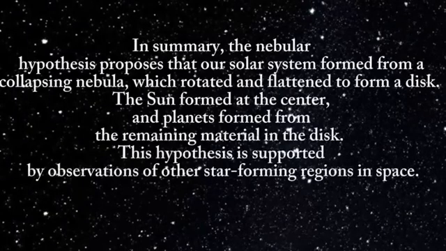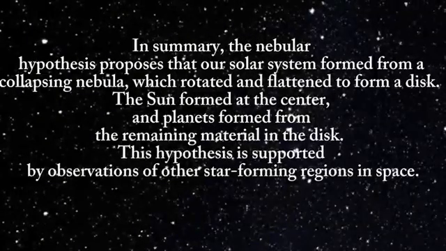In summary, the nebular hypothesis proposes that our solar system formed from a collapsing nebula which rotated and flattened to form a disk. The Sun formed at the center, and planets formed from the remaining material in the disk. This hypothesis is supported by observations of other star-forming regions in space,